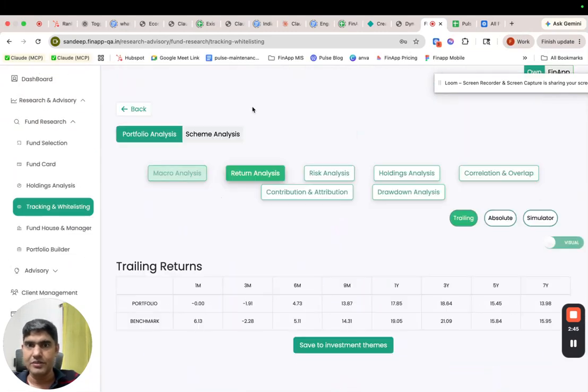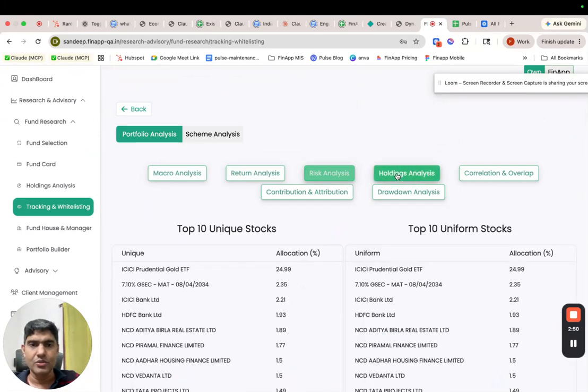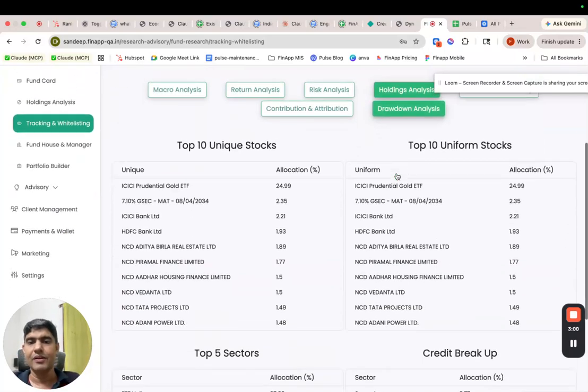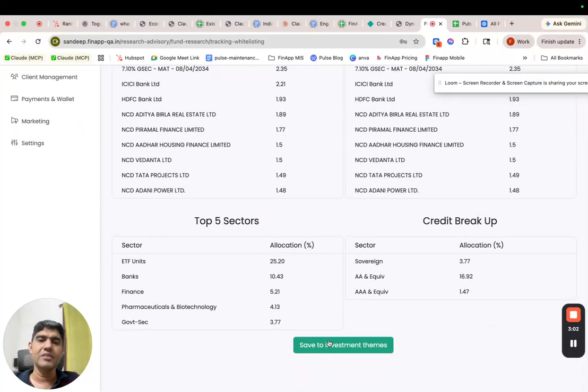Macro analysis, return analysis in terms of portfolio and benchmark, risk analysis, holdings analysis, all of these we've already covered as part of the portfolio builder section. So this is something that you're seeing. Now you will be going to the next level of saving this to an investment theme. Saving this to an investment theme necessarily means that you're going to be publishing this portfolio,